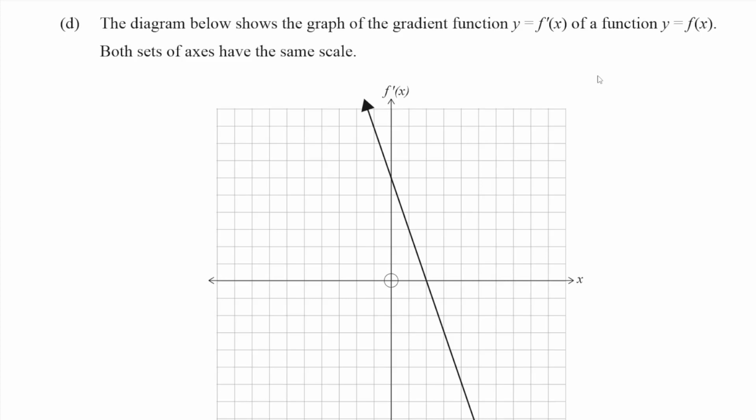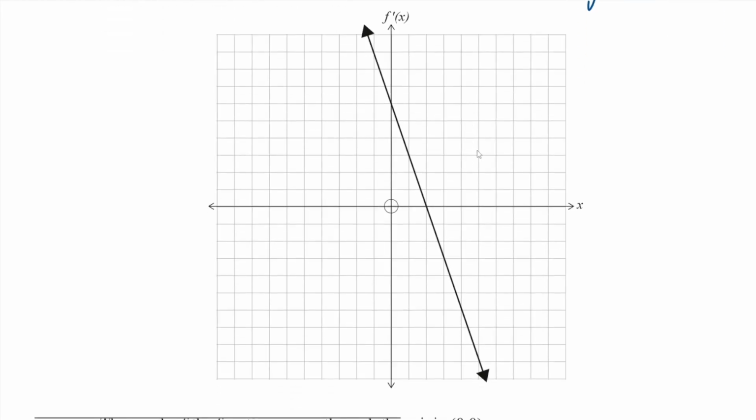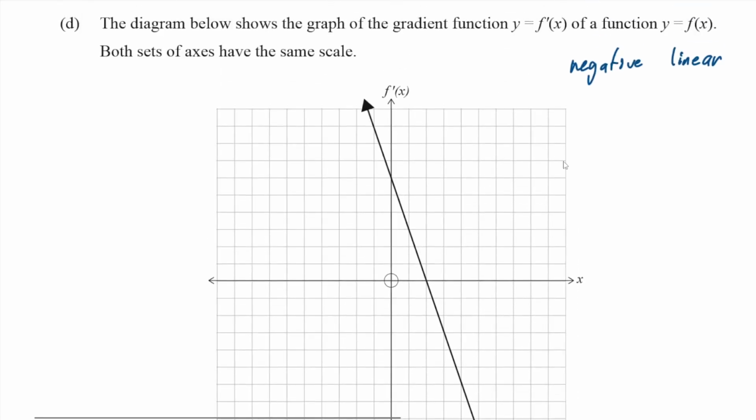Is it just a line? No, it's more than that. It is the gradient function, right? So we are given the gradient function, which happens to be a line, yes. It is actually negative, and it is a linear, right? A negative line. Cool. Now, that's the gradient function, which tells us, for example, when x is 0,